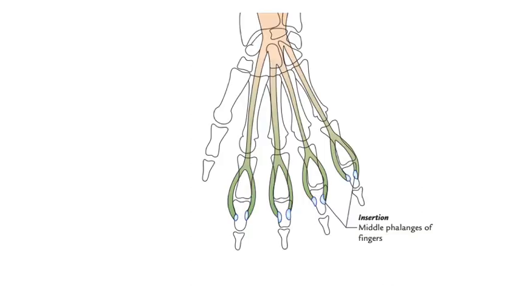Insertion is interesting. If you can see here, the mode of insertion is that the muscle is splitting itself into two layers, superficial and deep, or you can say it is splitting itself into 4 tendons, each going for the medial 4 digits. And as it goes, it is again splitting at the proximal phalanx and it is inserted into the middle phalanx. Nerve supply is by the median nerve. This flexor digitorum superficialis flexes the proximal interphalangeal joint.